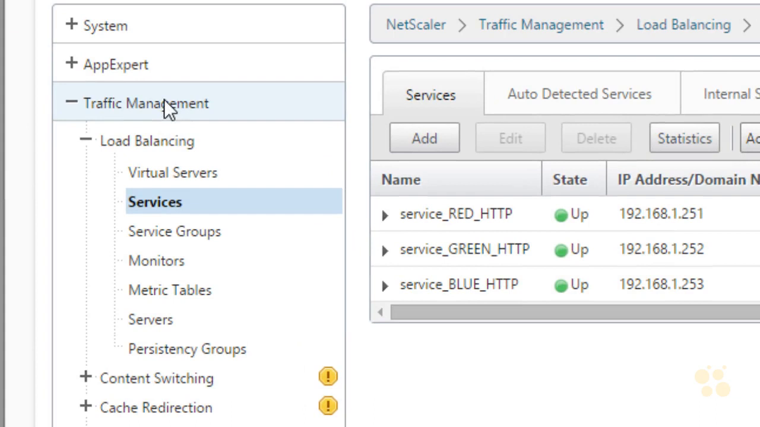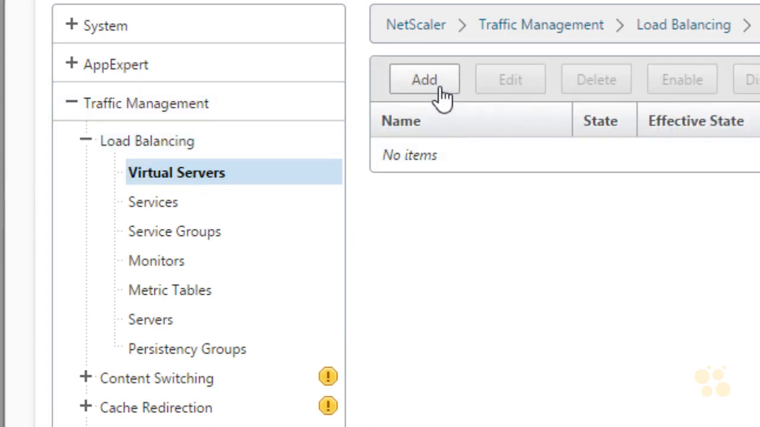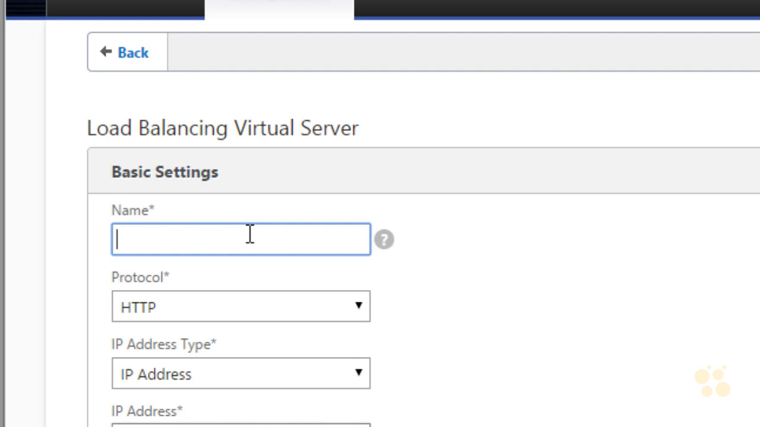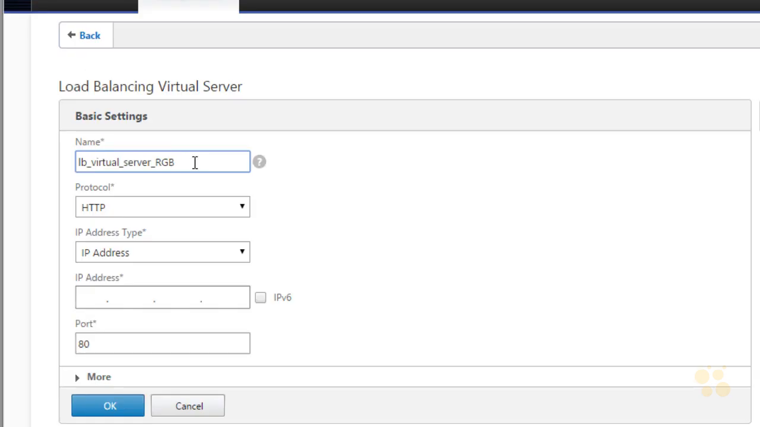So under Traffic Management, Load Balancing, we're going to go to Virtual Servers. And we'll click on Add. Let's give this guy a name. So we'll give this load balancing virtual server the name of LB Virtual Server RGB to represent the purpose we're going to use it for. We're going to load balance across the red, green, and blue servers. The protocol that this virtual server is going to be supporting is protocol HTTP. The port is 80, and we now get to